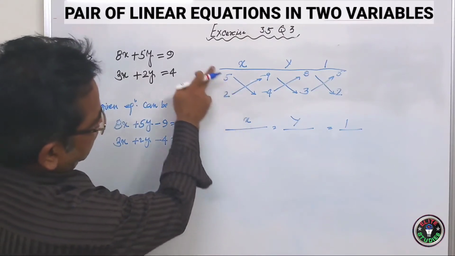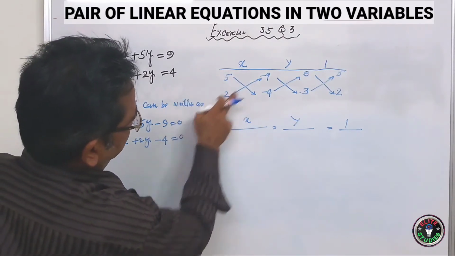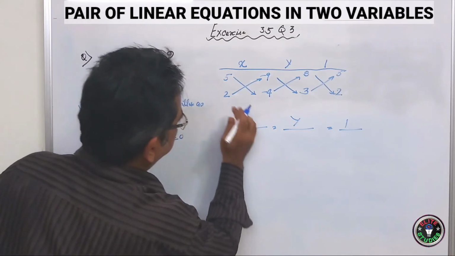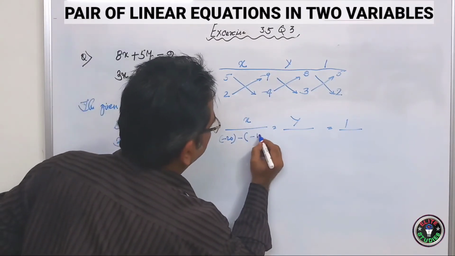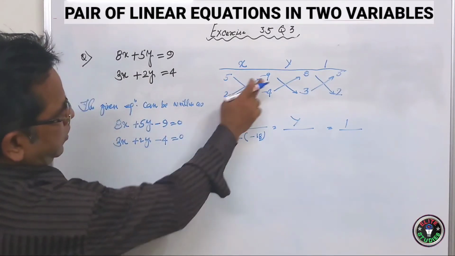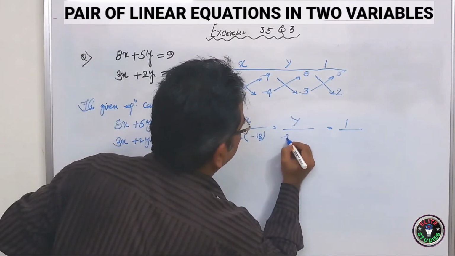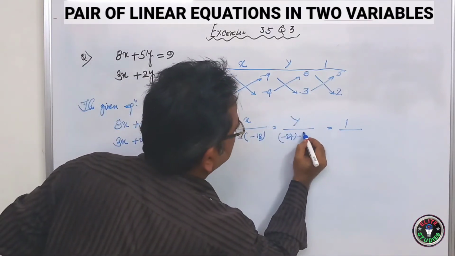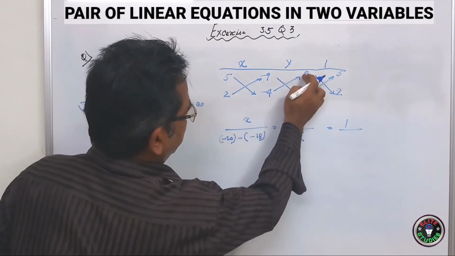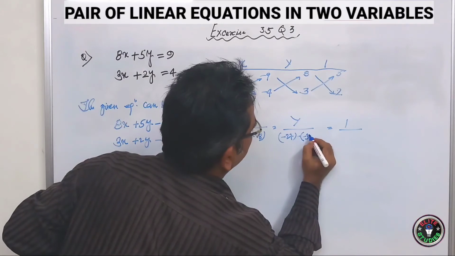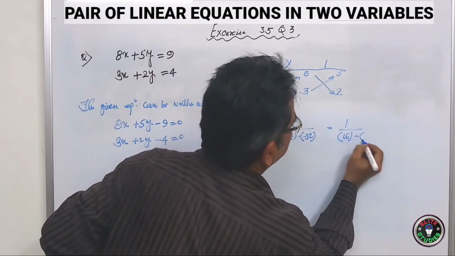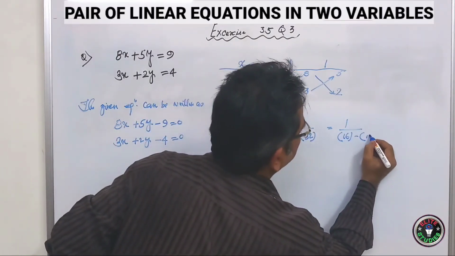Multiply from here, first top, then bottom. 5 4 ja 20, right? Within bracket, minus 20, minus, then 2 9 ja 18. It will be minus 18. Now here minus 27, and here plus minus, put the minus one first. Minus plus minus, minus 32. And here 8 2 ja 16. Then minus 5 3 ja 15.